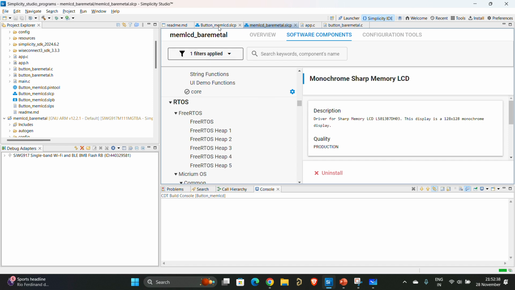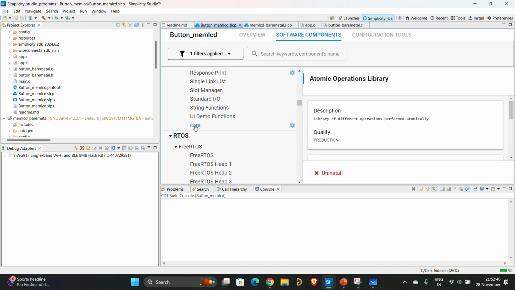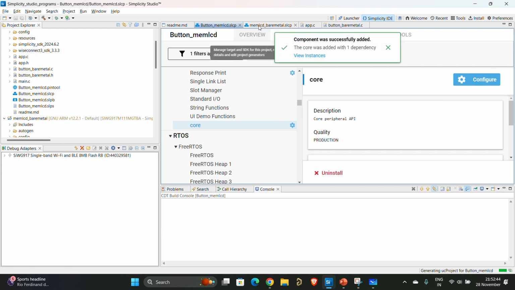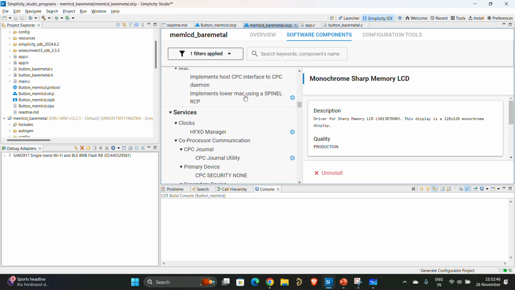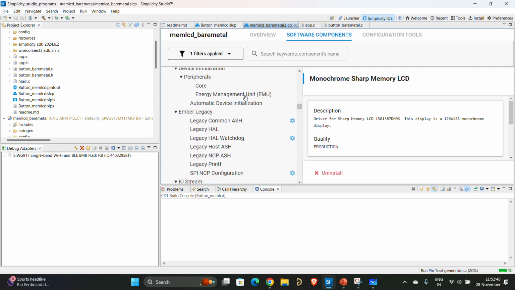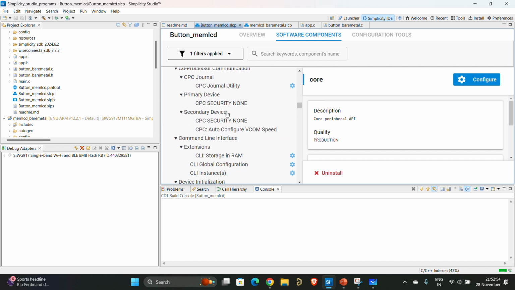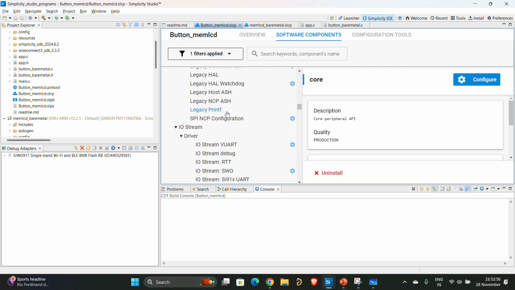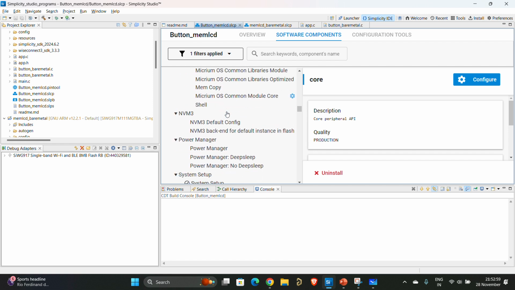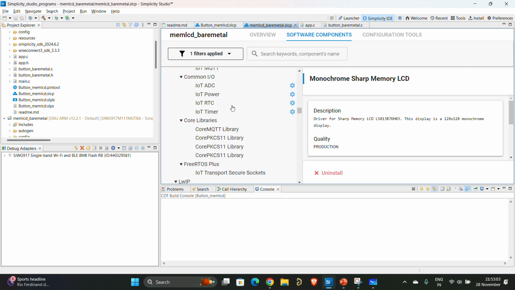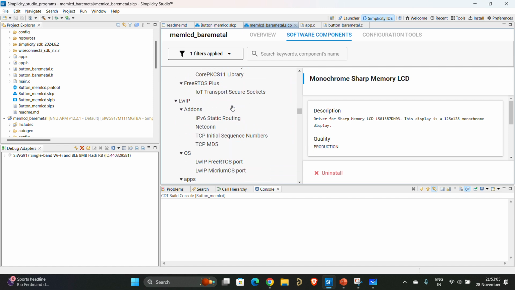Core is also being installed in MEMLCD. It is not installed here. You have to click on it, and click on install. Once it's done, you can scroll up. So we have system setup here. Check for system setup. Yeah, it is also ticked. You have to scroll up and